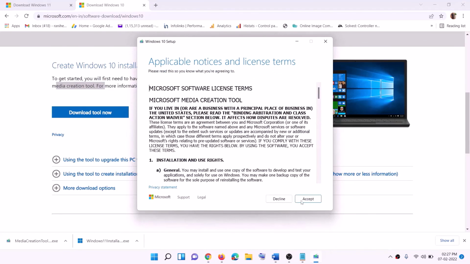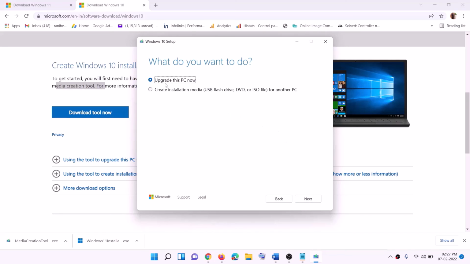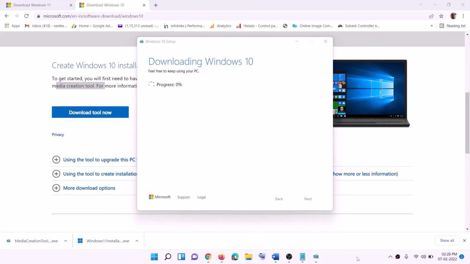Then you will see the screen. Click on Accept. By default, upgrade this PC now would be selected. Click on Next. It will start downloading Windows 10 along with the latest update. Now this process will take some time. Now once the download is complete,